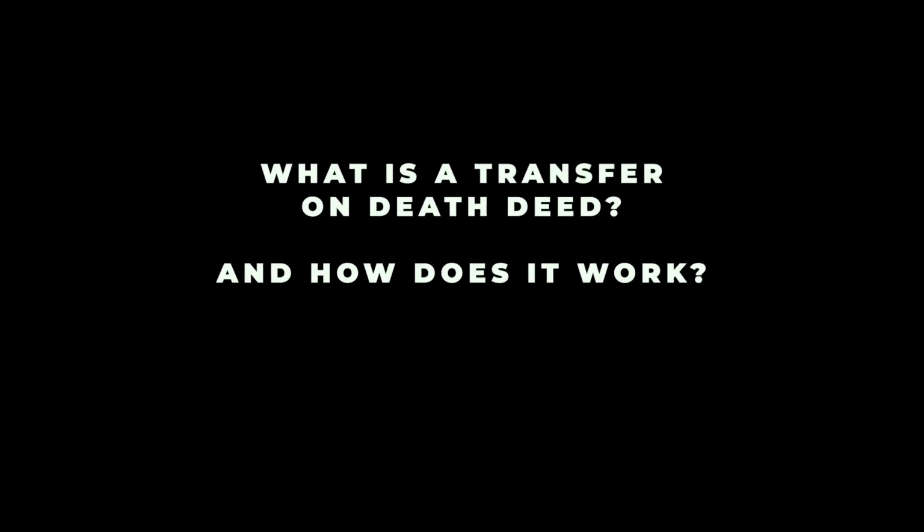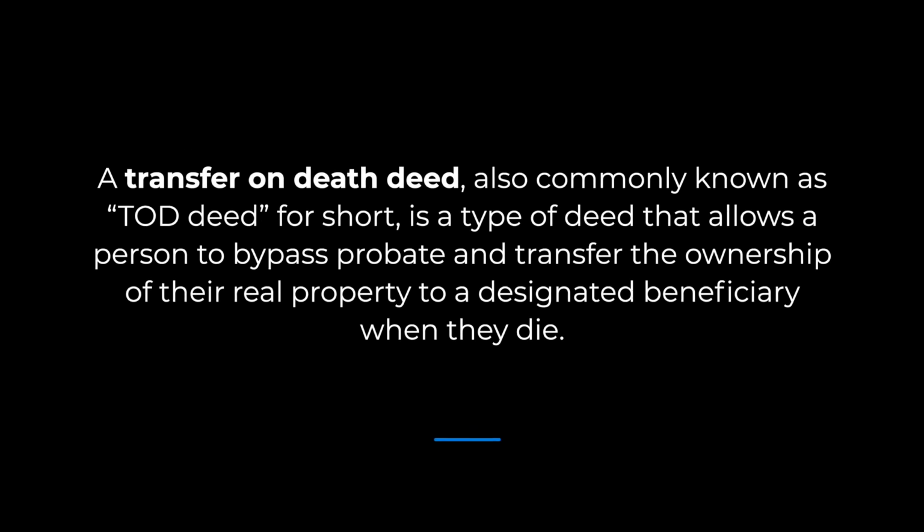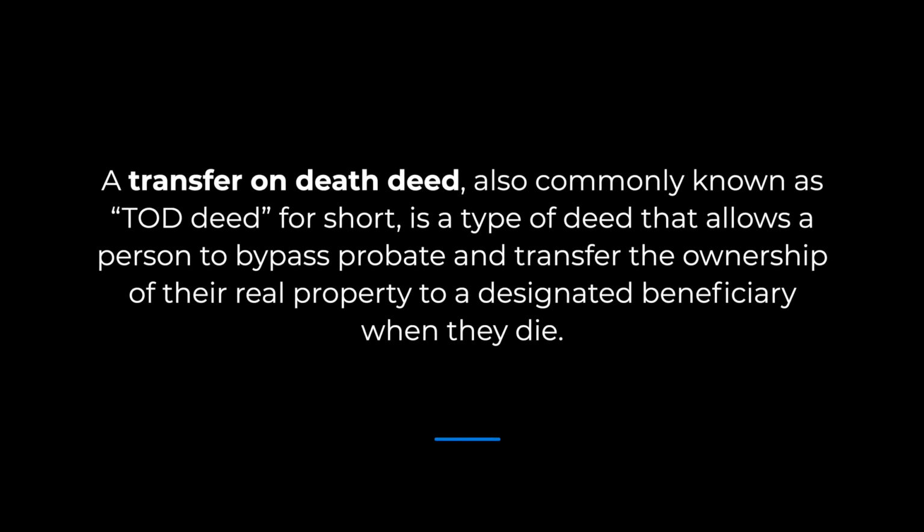Let's start with the basics. What is a transfer on death deed and how does it work? Typically, when a person passes away, their properties and assets go through the probate court before they can be dispersed to the rightful heirs. It can be a very long and complicated process. A transfer on death deed, also commonly known as a TOD deed for short, is a type of deed that allows a person to bypass probate and transfer the ownership of their real property to a designated beneficiary when they die. When the grantor dies, the beneficiary must record an affidavit confirming their death to obtain the title to the